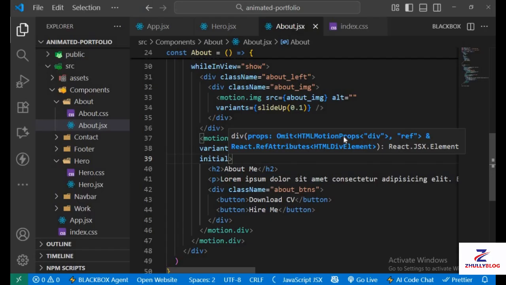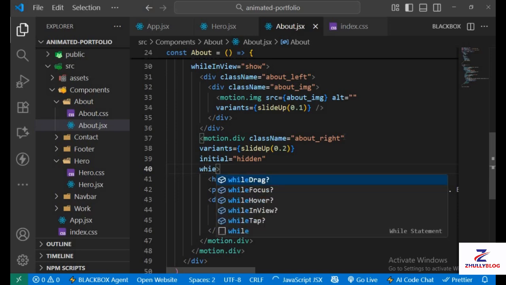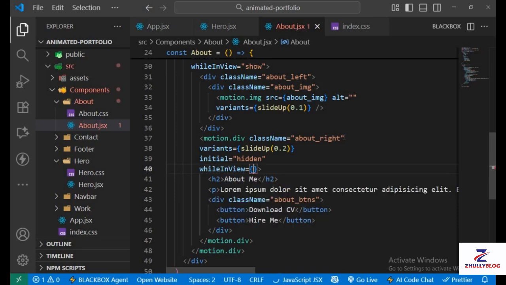Initial would be hidden. So that means initially we want to hide the text. That's what it means basically. And then while in view, that means if it's in viewport, we want to show the text and animate it. So that's what this means actually. And also